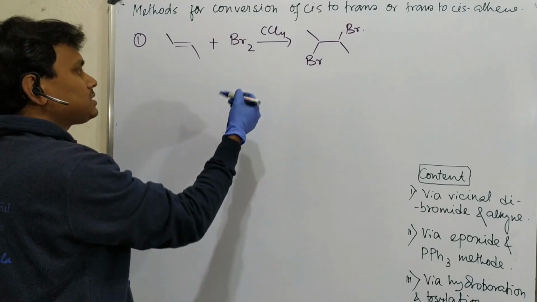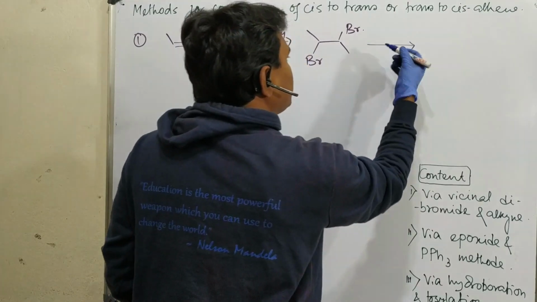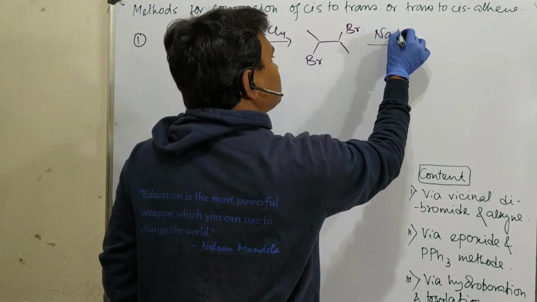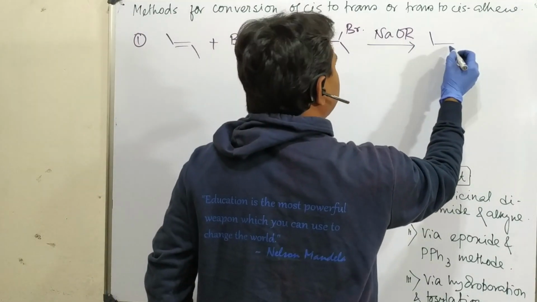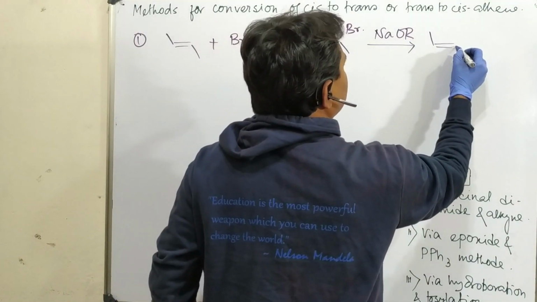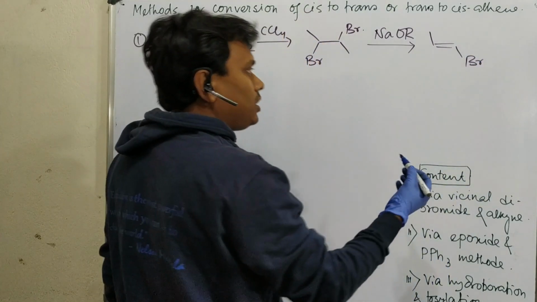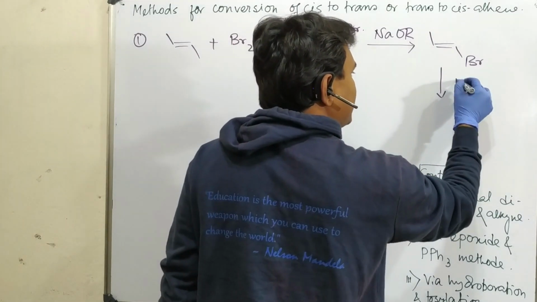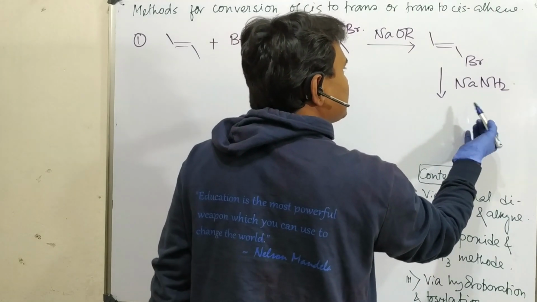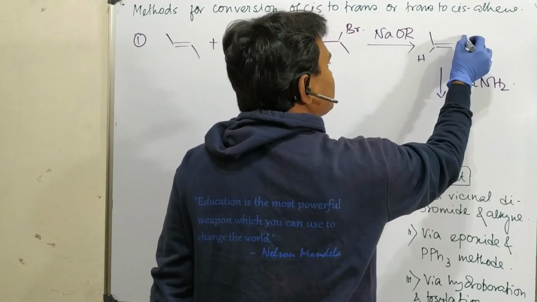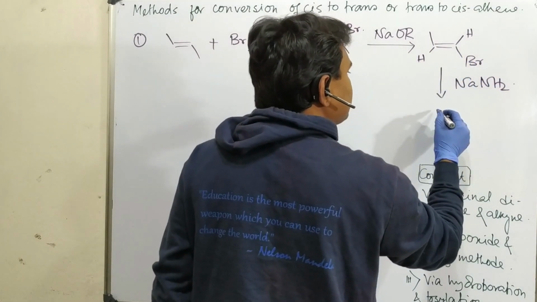So fine, next step is that if you put any base like sodium alkoxide, a mild base, what we know is that it will result in alkene via elimination. So let's think that there may be this vinyl bromide, and if you give a very strong base like sodamide, NaNH2, what it will result in, since there is another hydrogen. Okay, so ultimately because of this it results in